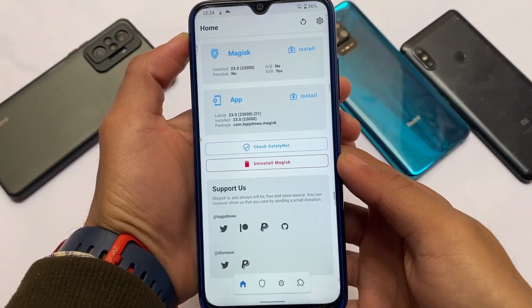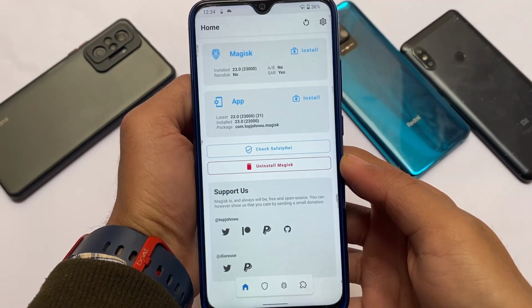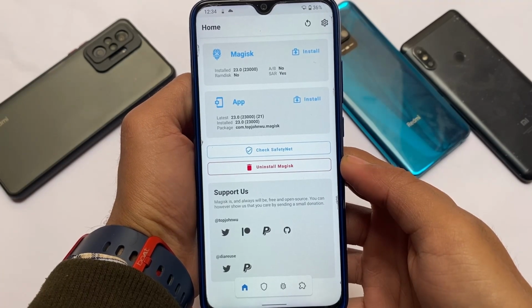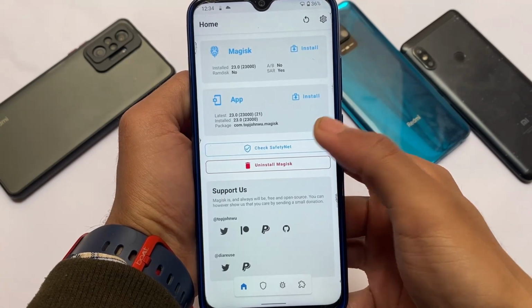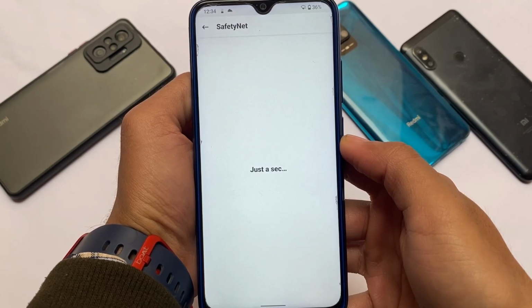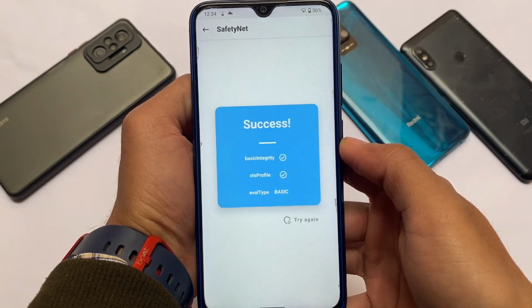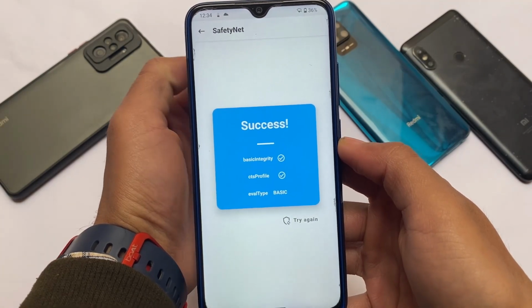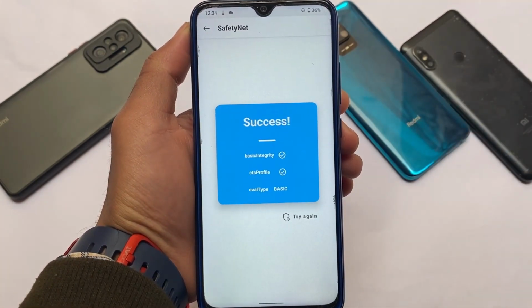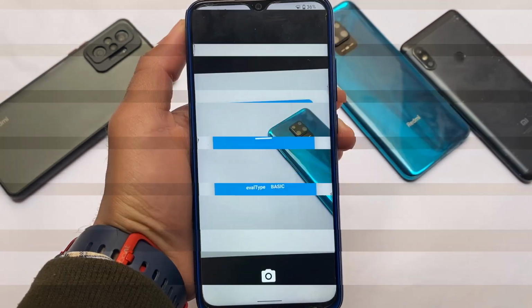I tried rooting my device and I have rooted it with the latest Magisk version. I always recommend you use a stable Magisk version instead of the Canary version. Canary version might have some bugs, of course, no hide Magisk option there. So use a stable version, hide Magisk, and you'll be able to pass SafetyNet on your device. No issues in SafetyNet on my side.